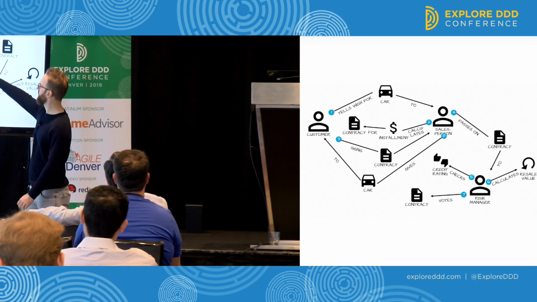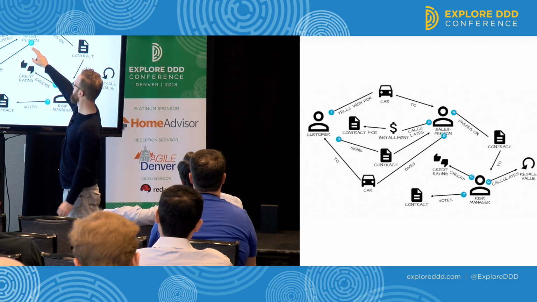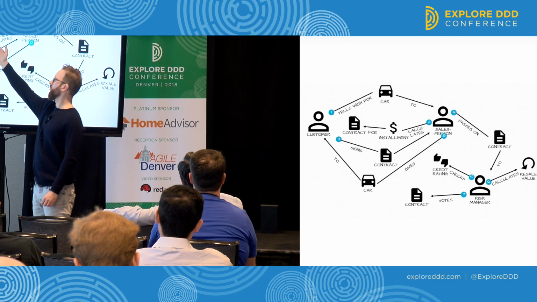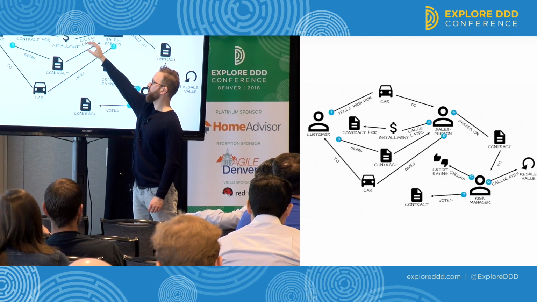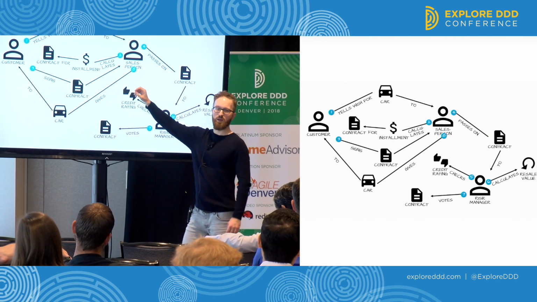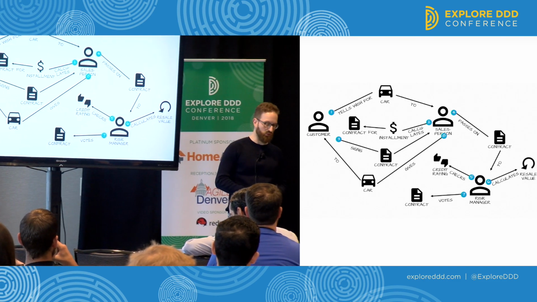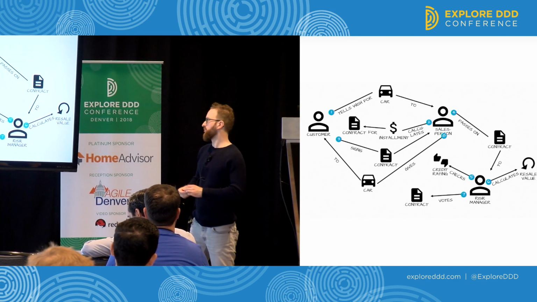So for example, we can take a closer look at this step here, this activity, calculate installment for a contract. Okay. So maybe we would do a couple of domain stories for how this works. And maybe there are different cases that we have to cover. So that's typically how I would proceed.